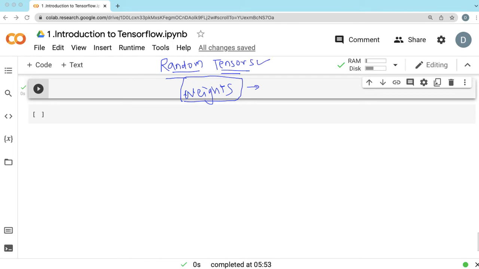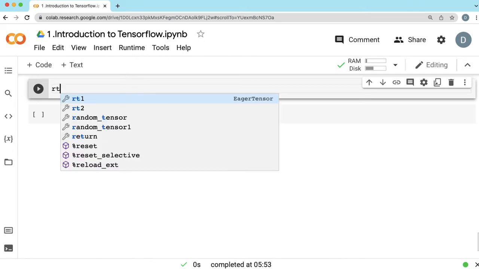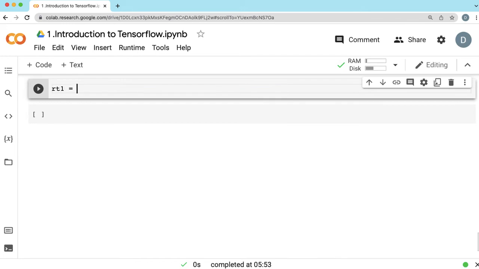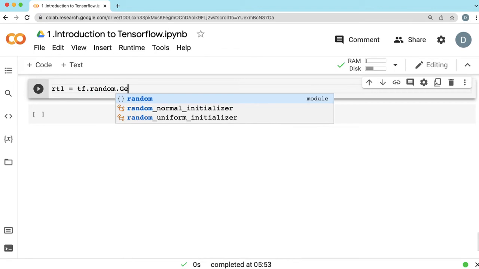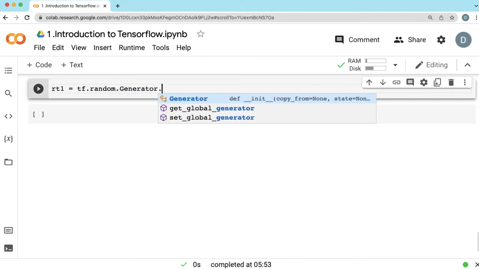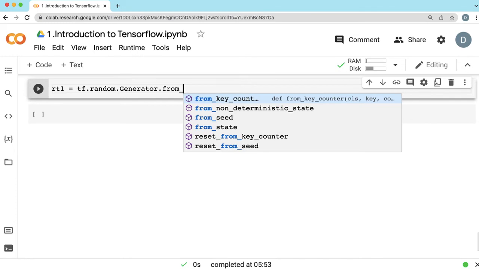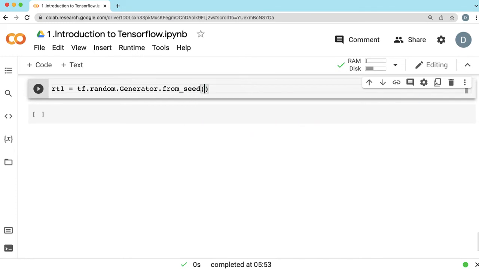So that's why we need to study how we can create random tensors. Let's see how to create random tensors. Let's say the name of the tensor is RT1. RT1 stands for random tensor 1. There is a class in TensorFlow, tf.random.Generator. On that class, I'll call a method called from_seed, and we are going to set the seed to